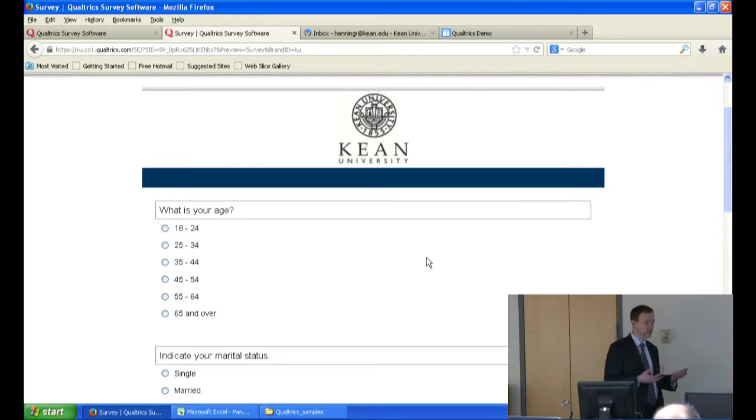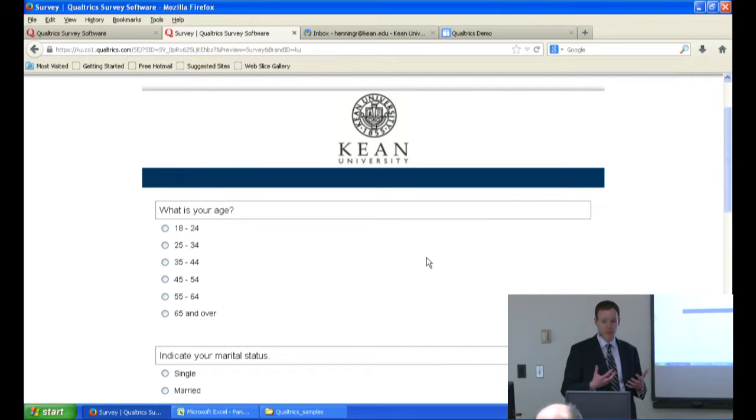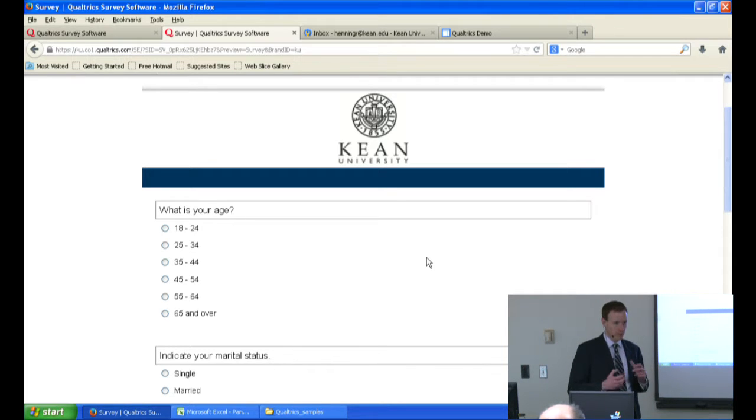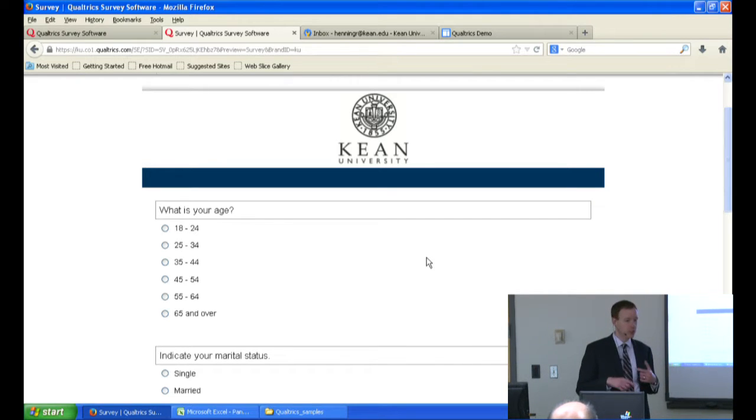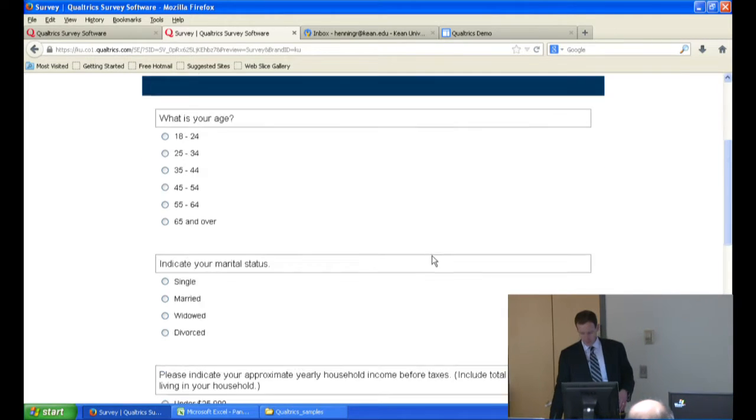If you're going to be distributing the survey electronically for iPhone or smartphone usage, you might want to get rid of the graphics. You might want to add your departmental logo to your survey as well. We'll show you how to do that in a minute. But what I want to show you now is the look and feel of the survey and how you can alter it. If you scroll down to the bottom of the page here for a minute,